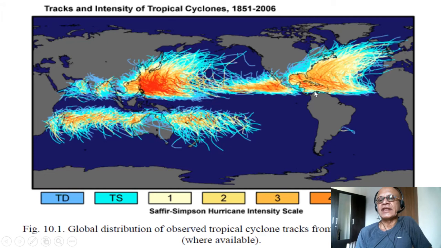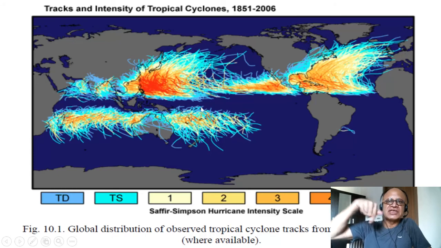And we know that hurricanes are here in the Atlantic. Here they are called typhoons, and there are different scales used. Here they are called cyclones in the Indian Ocean, and they have slightly different scales of intensity and categories and what they are called. And you can see that the cyclones don't form on the equator because they need a